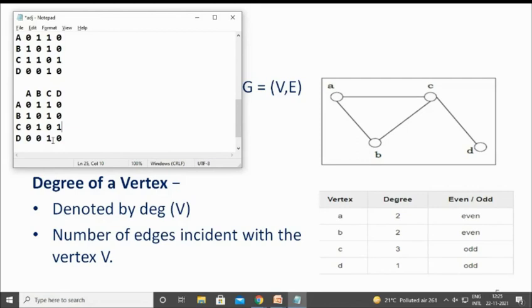If it is 1, then you add it, so you will get the out degree. So with this, you can come to know that after forming the adjacency matrix, if you go through the rows, then you will get the out degree. If you go through the column, then you will get the in degree. Clear? Now we'll move on to the next topic.